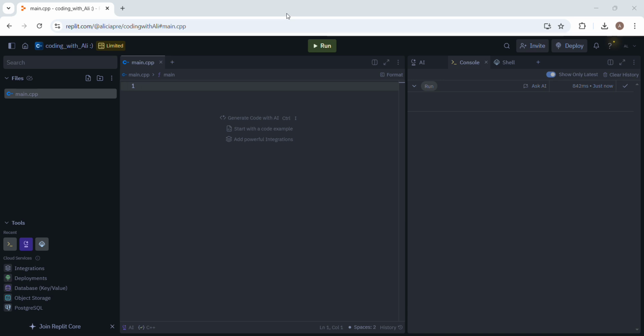We are continuing with learning C++, and today we are going to code our very first basic C++ program. So the first thing you want to do is head over to Google. You want to Google Replit, and create a brand new C++ program. You can do that, or you can just use any IDE where you can code C++, whatever works